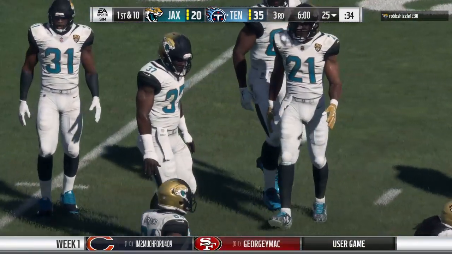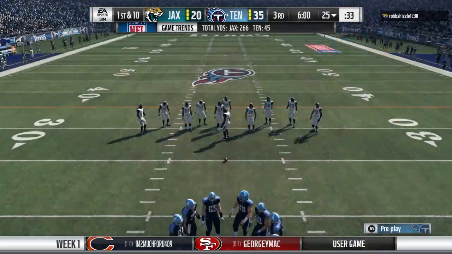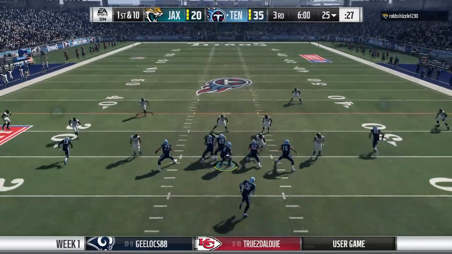This is sort of what you would call a put-away drive, isn't it? They score here, especially a touchdown. It's almost out of reach. It certainly feels that way, and I think that they're going to call their plays accordingly, because what you really want to do,